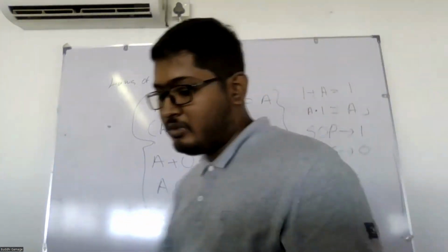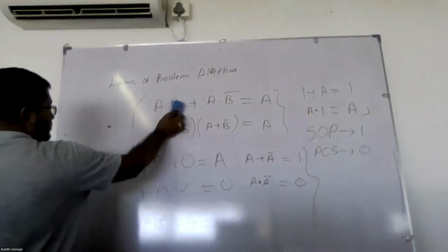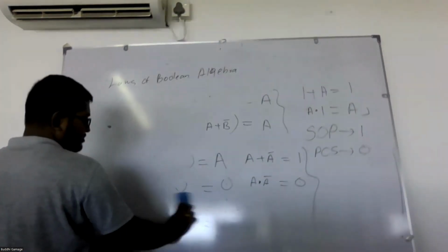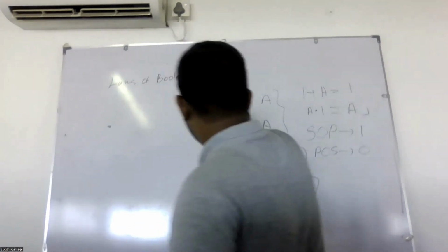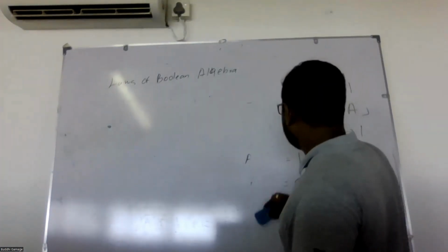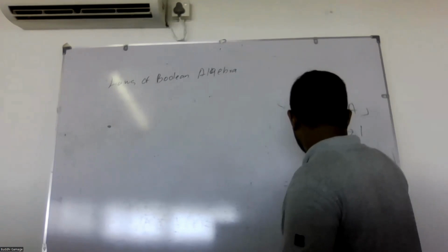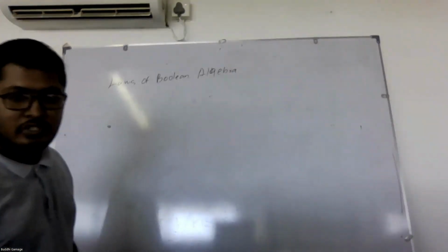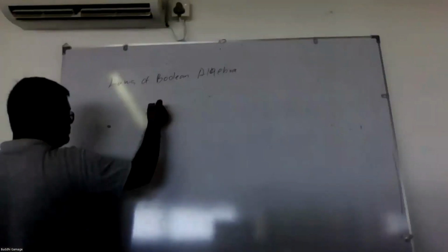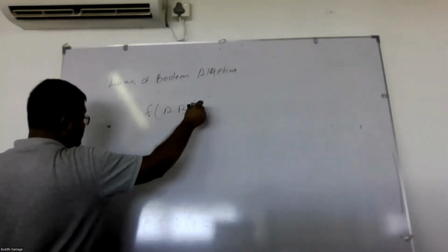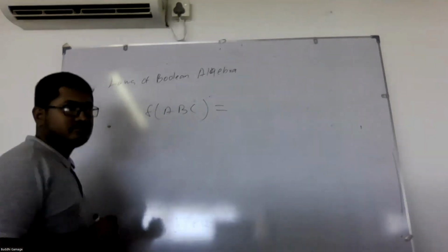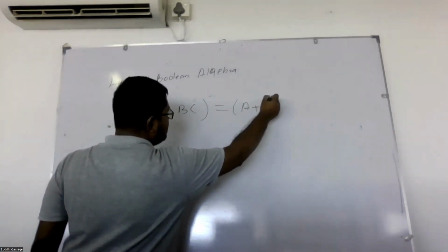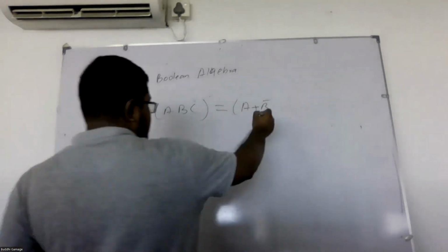You already learned about the laws of Boolean algebra. By using those rules, you need to simplify this expression. It has three variables A, B, C. The function is A plus B bar plus C bar